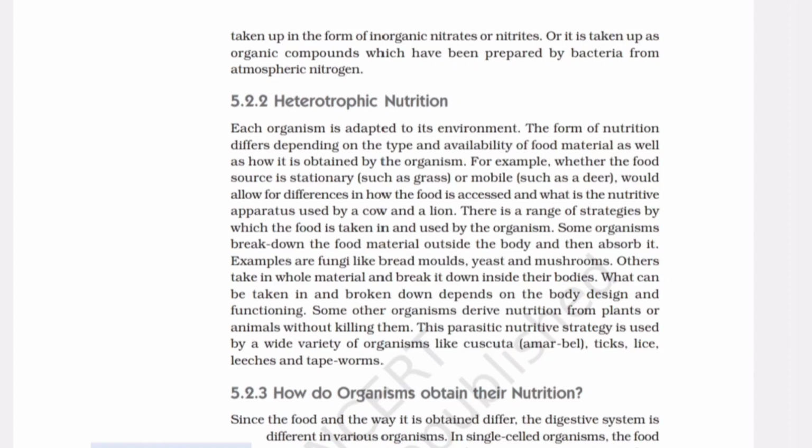Heterotrophic nutrition. Each organism is adapted to its environment. The form of nutrition differs depending on the type and availability of food material as well as how it is obtained by the organism. For example, whether the food source is stationary, such as grass, or mobile, such as a deer, would allow for differences in how the food is accessed and what is the nutritive apparatus used by a cow and a lion. There is a range of strategies by which the food is taken in and used by